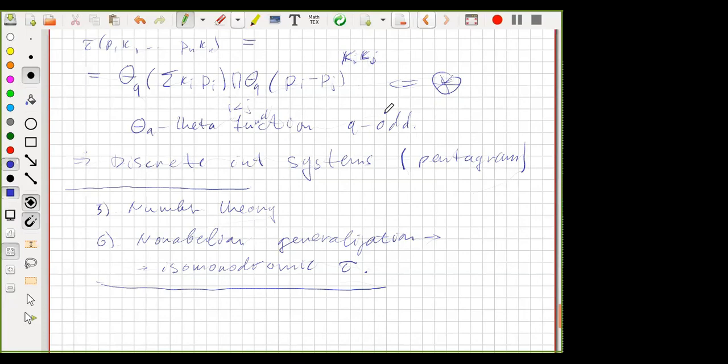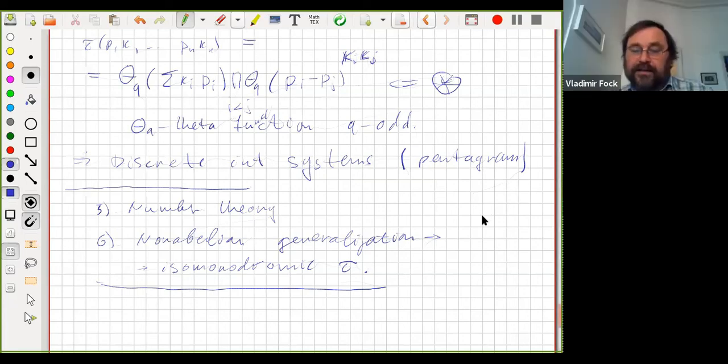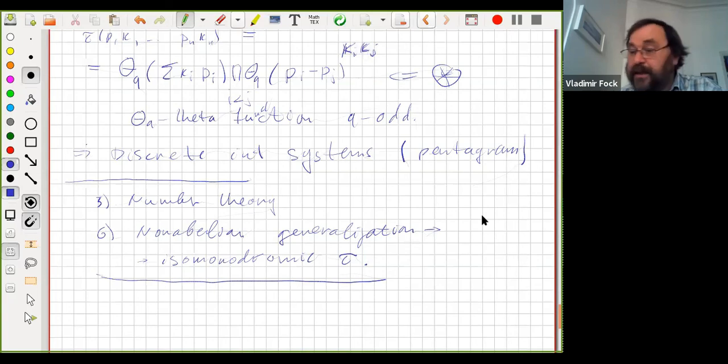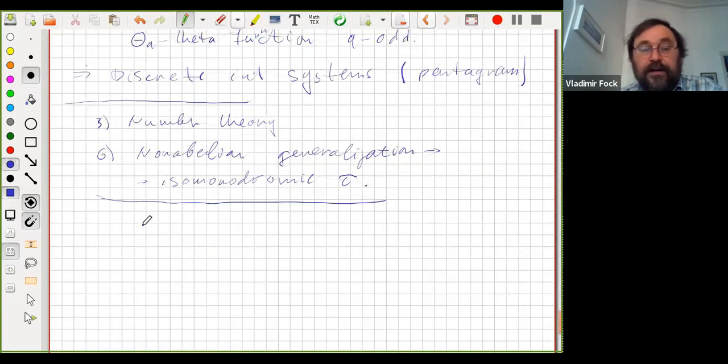Sorry, I have a question about the relation with number theory. Some notations remind me, I don't know exactly, of, for example, the adelic product or the Weil reciprocity. What kind of relation is there with number theory? Well, I could say some stupid things because I'm not a specialist, but roughly the relation is the following: if you have